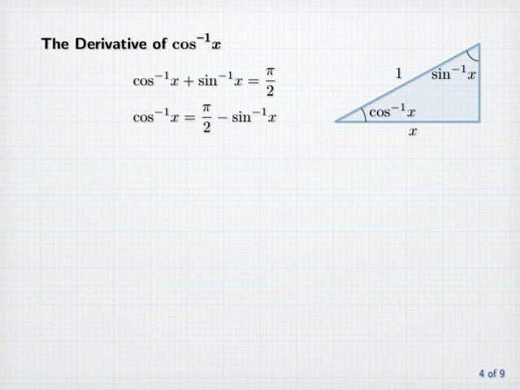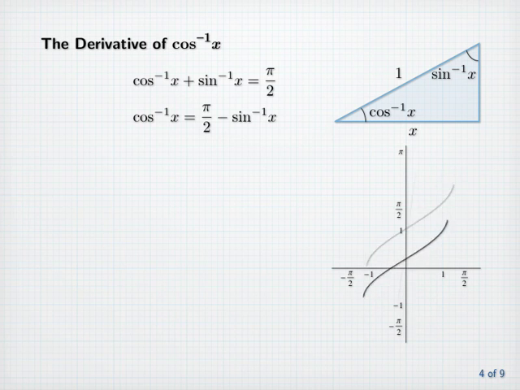This means that the graph of inverse cosine may be obtained from the graph of inverse sine by first reflecting it about the x-axis to obtain the graph of minus inverse sine, and then shifting that upward a distance of pi over 2. Now let's differentiate both sides of the identity,